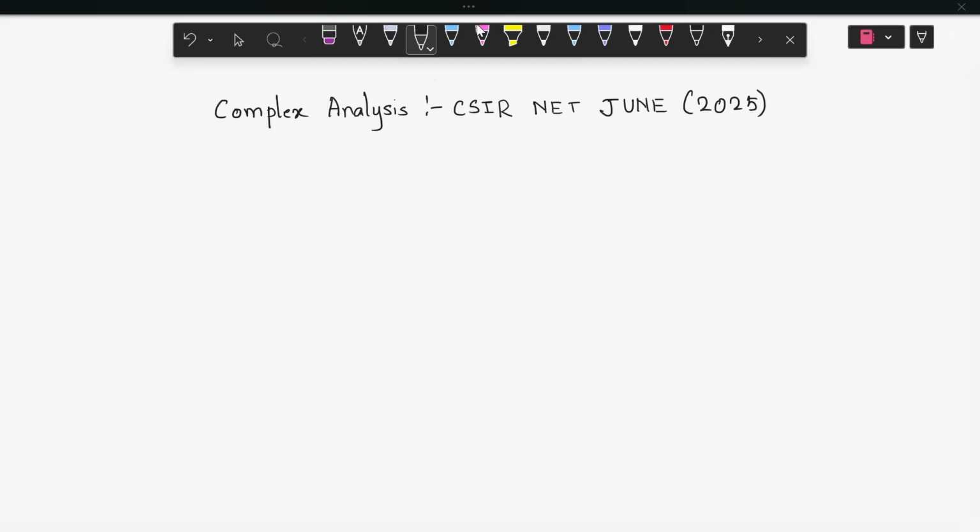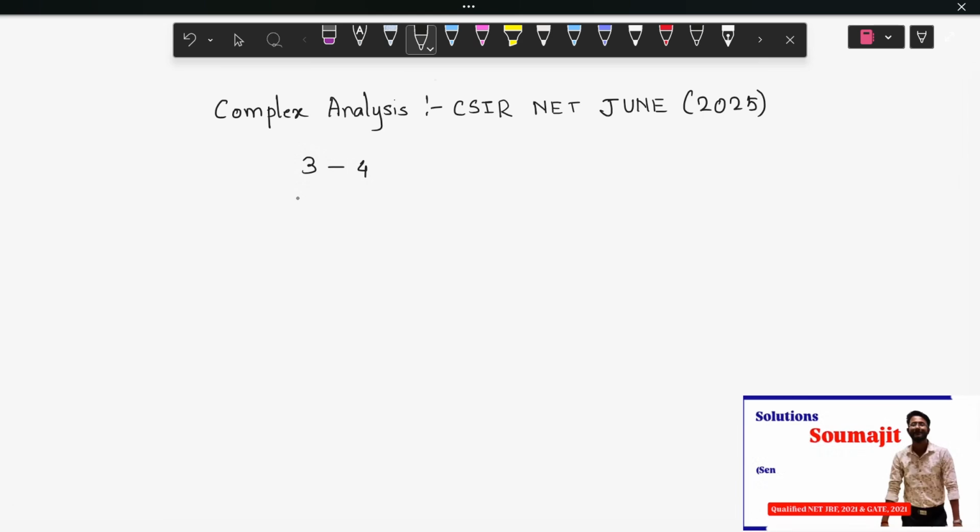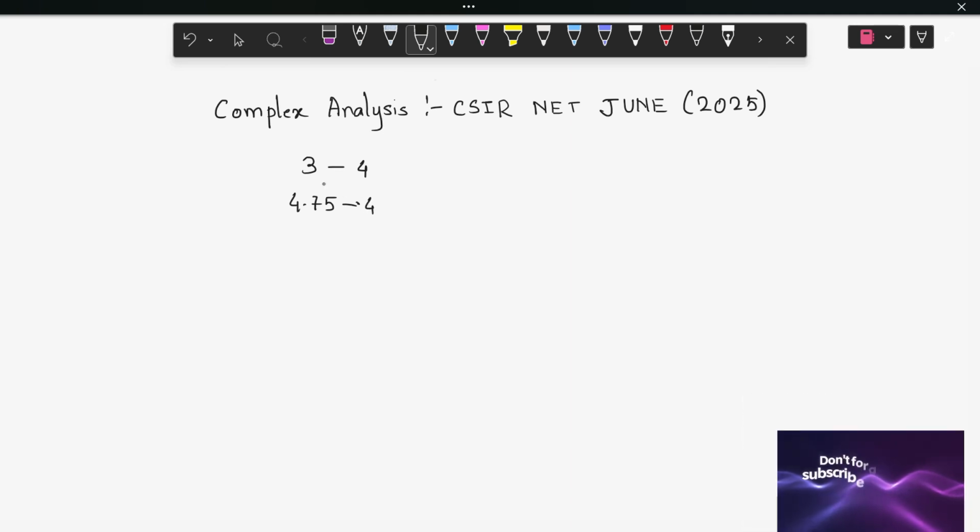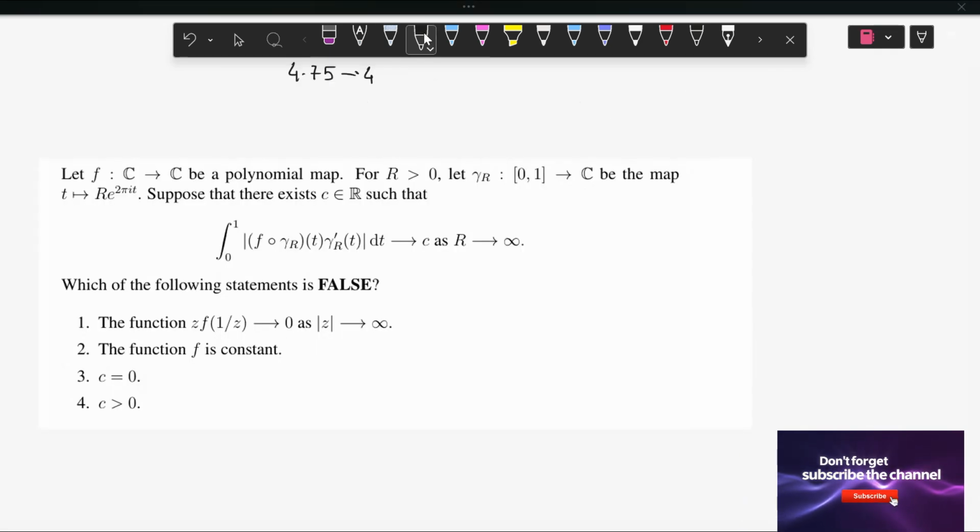Hello everyone. इस वीडियो में हम CSIR NET June 2025 का Complex Analysis के questions discuss करेंगे। So Complex Analysis में total 3 marks के 4 questions पूछे गए थे and 4.75 marks के भी 4 ही questions पूछे गए थे। So इस वीडियो में हम वही 8 questions discuss करेंगे।